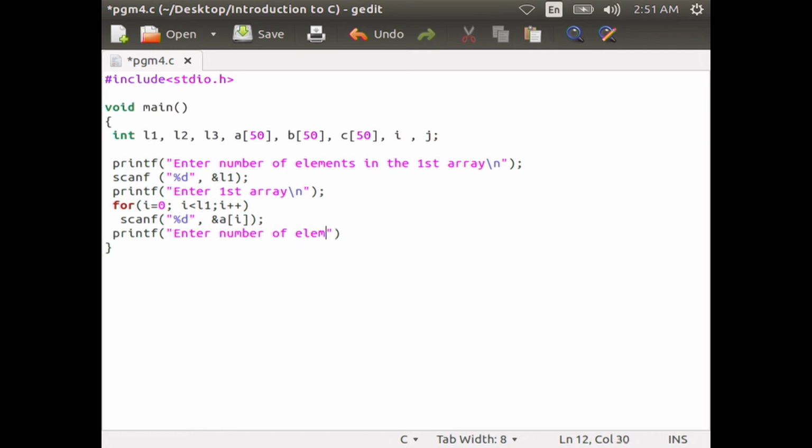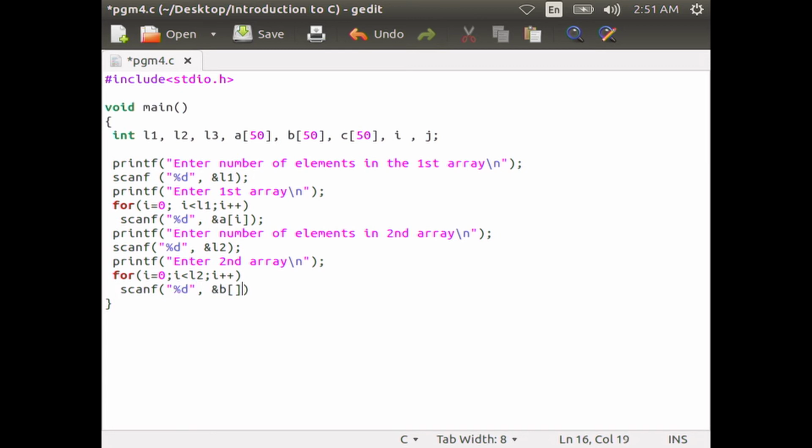Printf, enter number of elements in second array, then scanf, percentage %d ampersand sign i2, then printf, enter second array for i equal to 0, i less than i2, i plus plus. Scanf, percentage %d ampersand sign B of i.